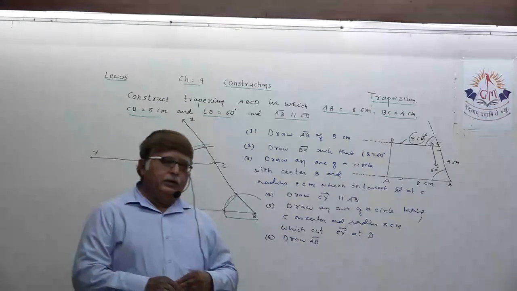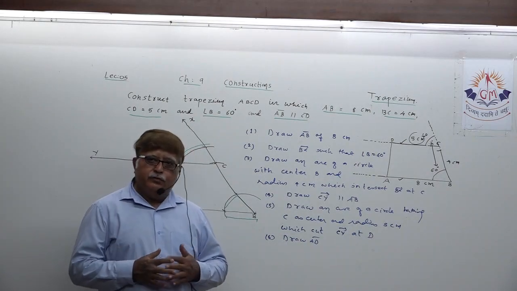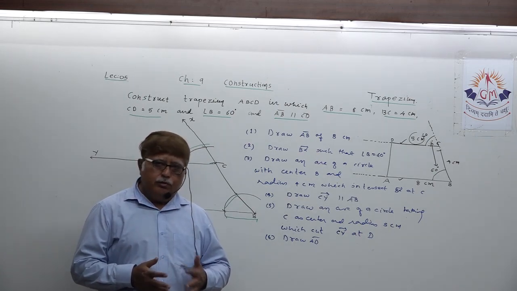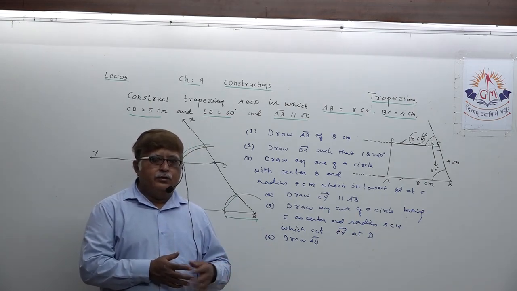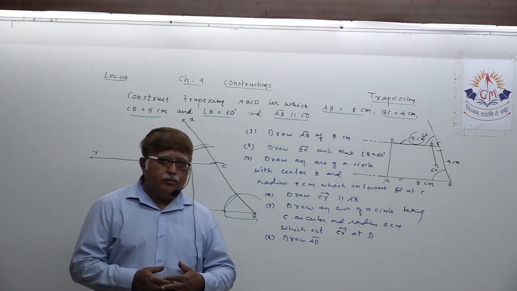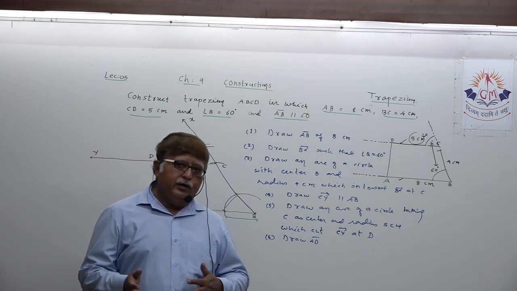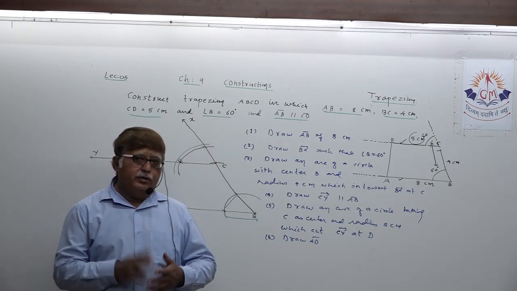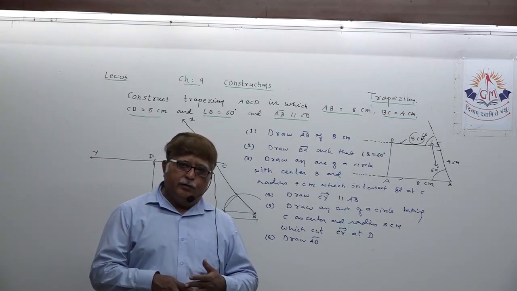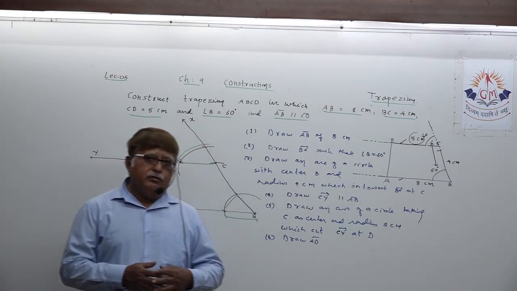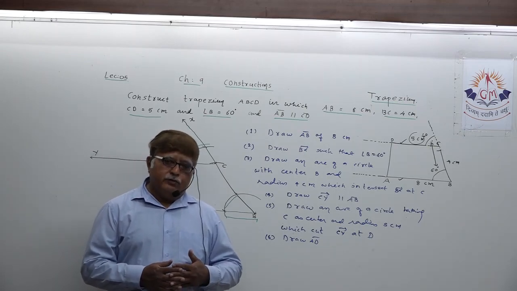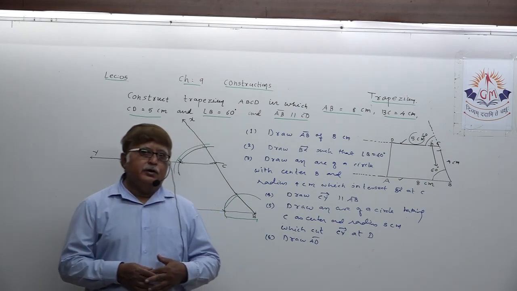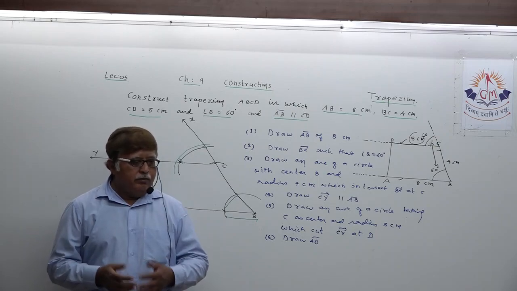So dear student, remember one thing. In today's lecture, we have completed the construction of quadrilaterals totally. In the first half in SEM 1, we took construction of general quadrilaterals. In the second half, we took construction of specific types of quadrilaterals: parallelogram, rectangle, square, rhombus and trapezium today in our last lecture. So practice all constructions thoroughly, and when you are asked to revise, you need to revise the constructions thoroughly by yourself. Okay dear student, thank you very much.